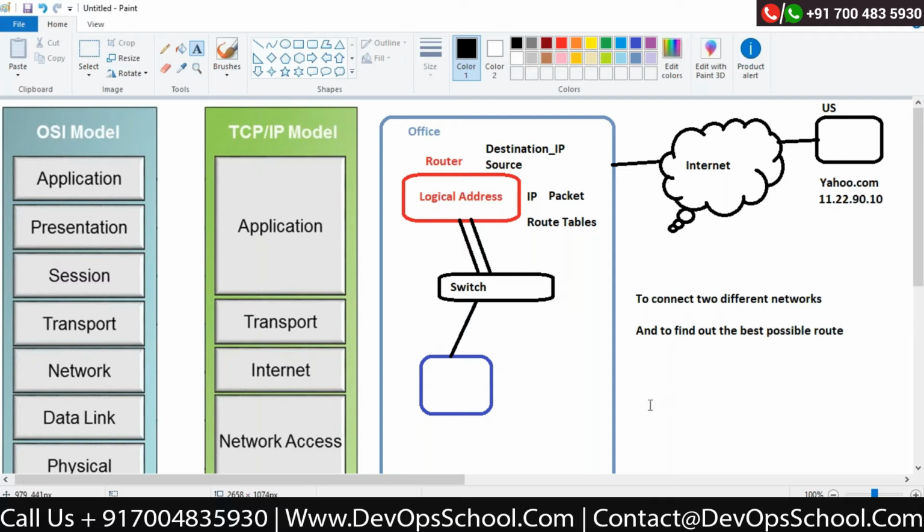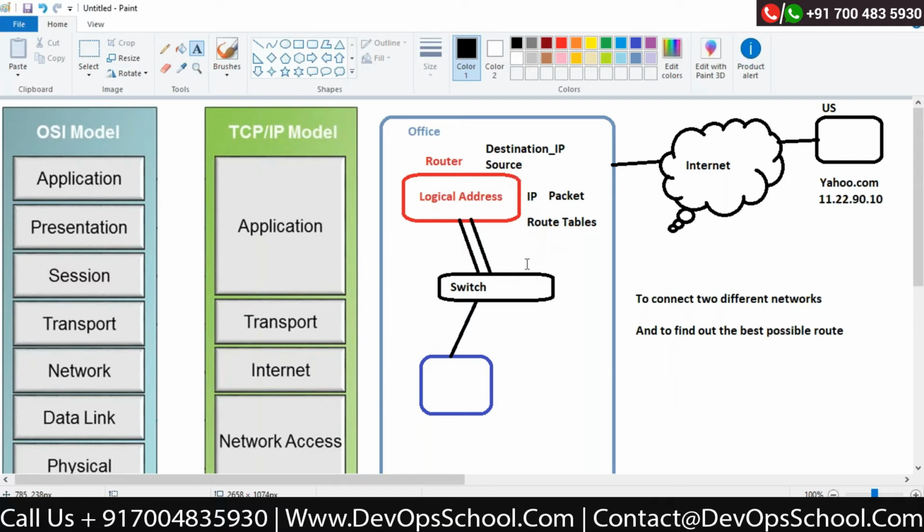Whenever a request goes to the switch, it will come to know that this is not my network, the MAC address is not here, so I will send that request to the router. Whenever the router receives this request, it understands what the destination IP address is. It will go to the route table and find out whether there is any route available to reach this destination.